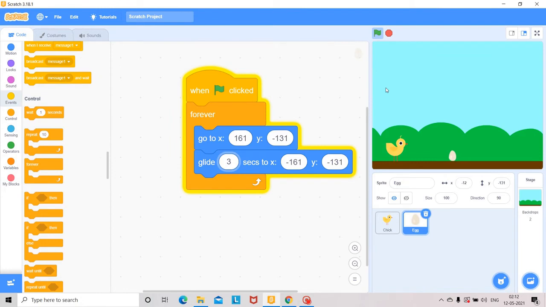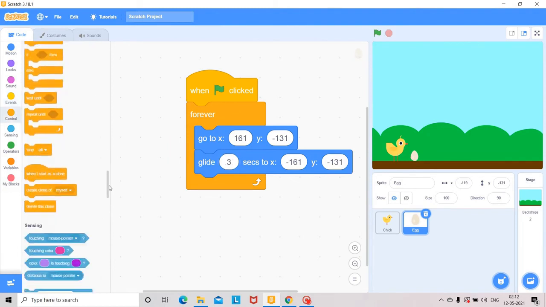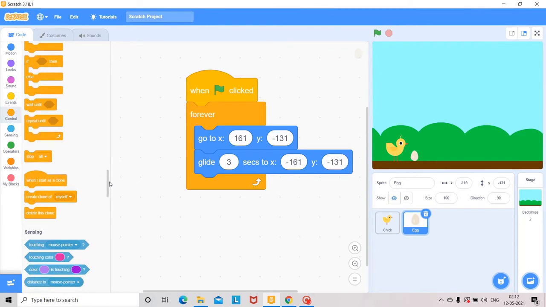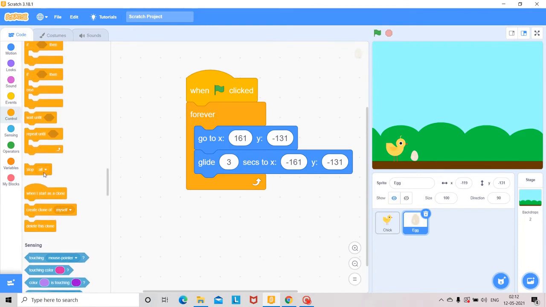Here when it fails to jump, when the chick touches the egg, again it is gliding. But here you can give the coding such that when the chick fails to jump over the egg, that means when the chick touches the egg, both will stop there. The blocks are in control. So which control block do you take? Stop all.